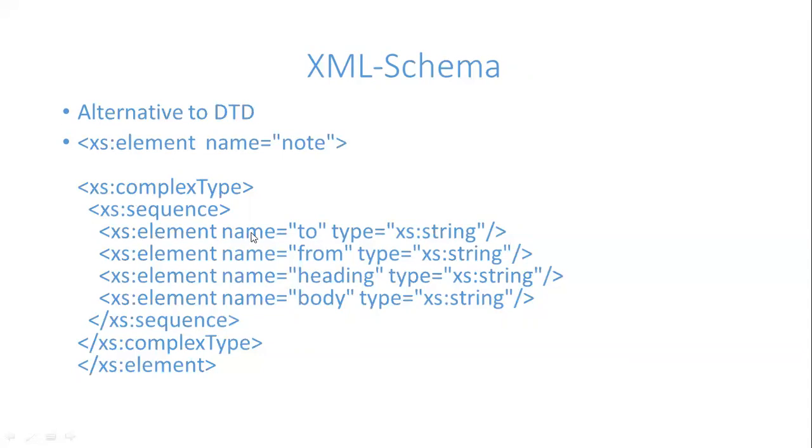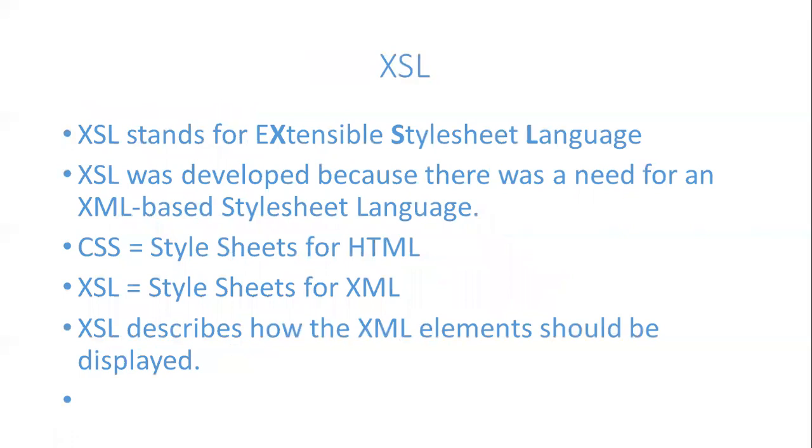So it has the syntax sequence. Element name to, type is string. Element name from, type is string. Element name heading, type is again string. Element name body, again the type is string. So like this, xs colon element, name of the element, and then what is the type. Like this you can specify the XML schema. Now remember, this XML schema is an alternative to document type definition. Okay,